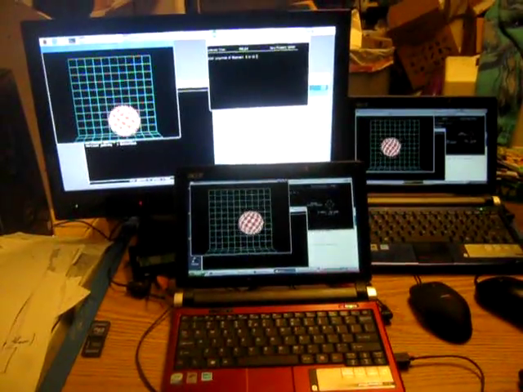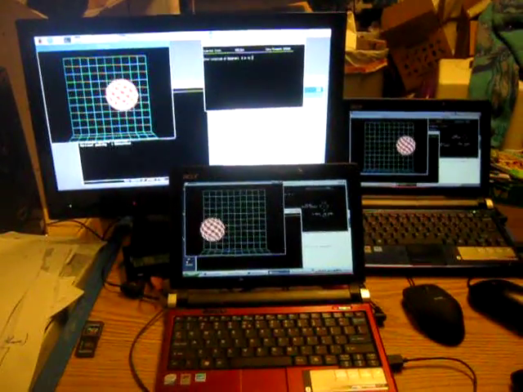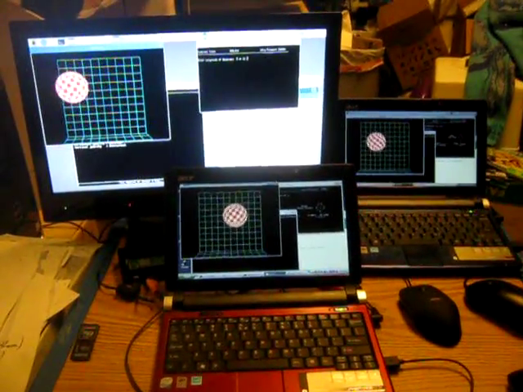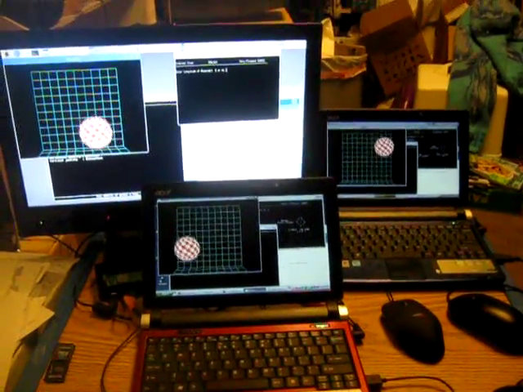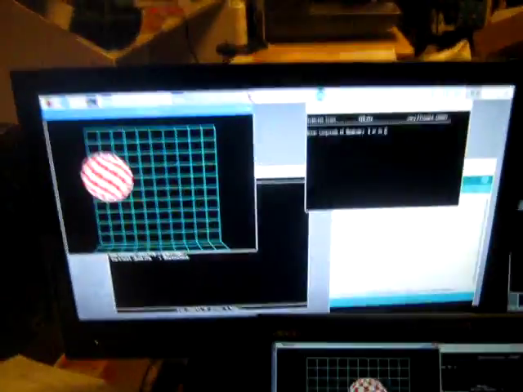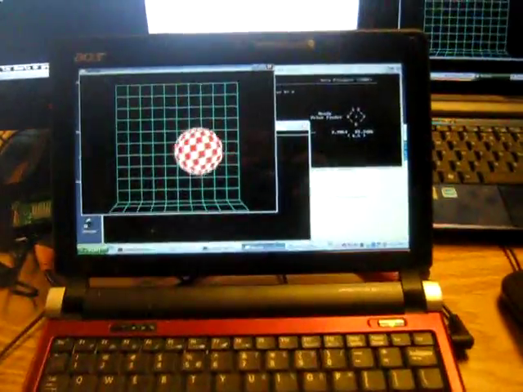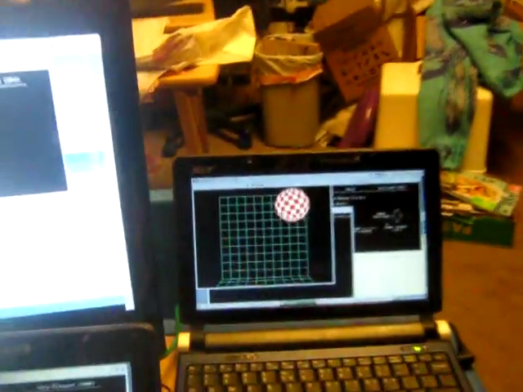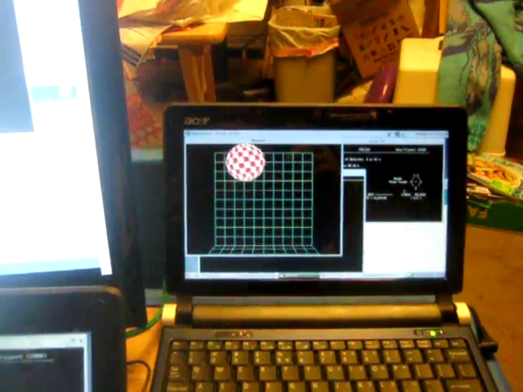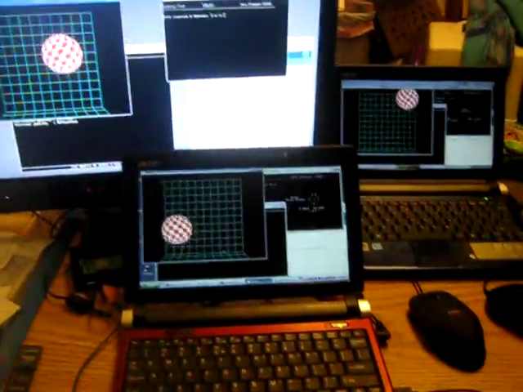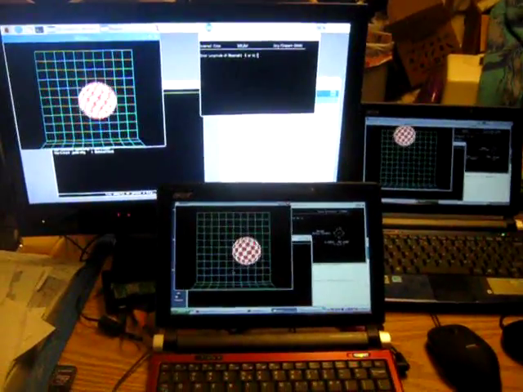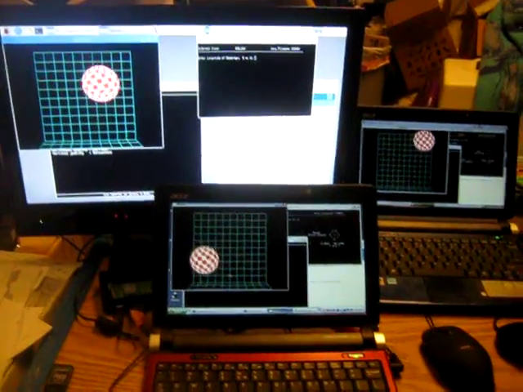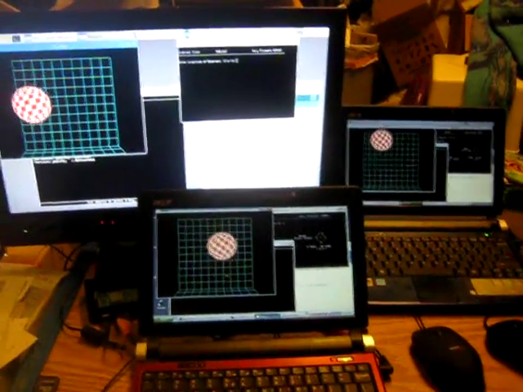This is a quick demonstration of the GLF Programming Environment, the GLFPE, ported to 3 different operating systems. The programs you see running here are running on all 3 operating systems. Raspberry Pi on this screen, Windows XP on this screen, and Linux, Debian Linux on this machine. All the programs were compiled from source code on all 3 systems using similar processes, so that this demonstrates the